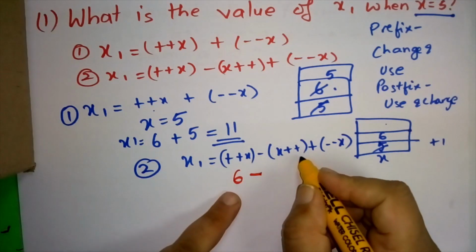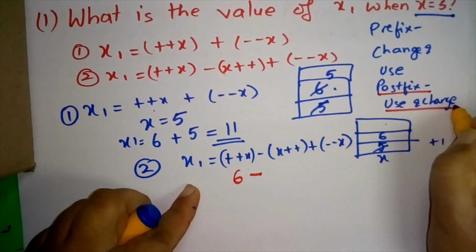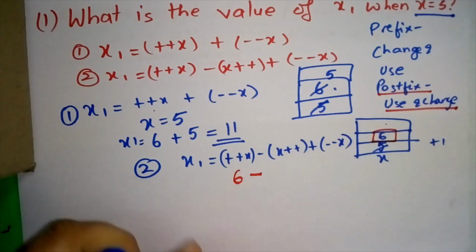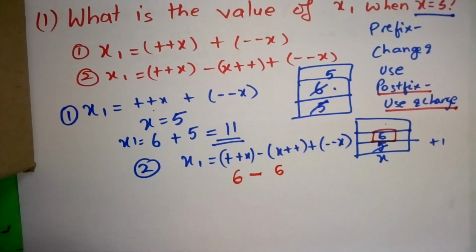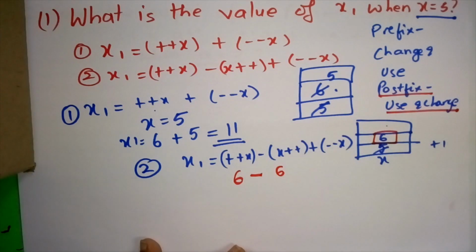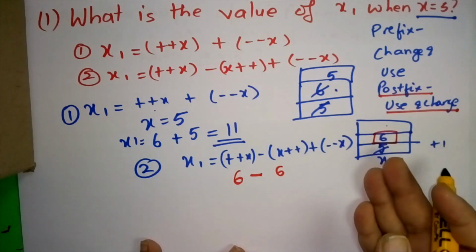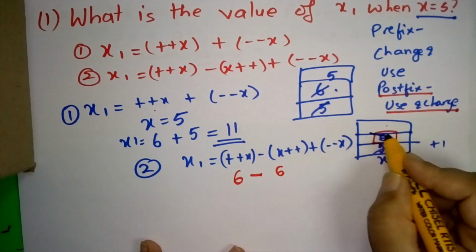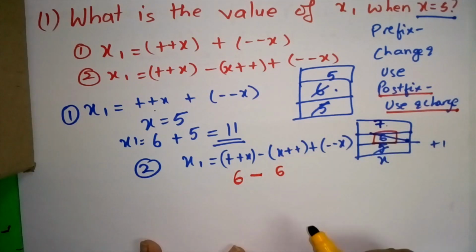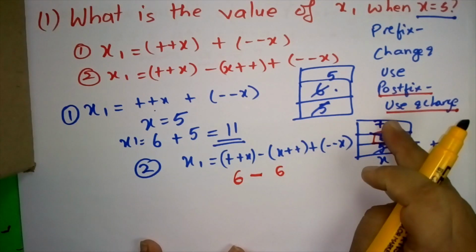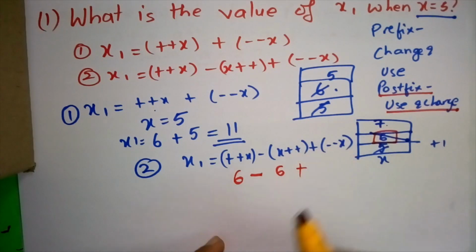Now again it is x plus plus. x plus plus means what? It is postfix, use and change. So what is the value of x that I have got here? 6. So I am supposed to use this value of 6 only here. But I have to change it. You should not forget this, because many students make this mistake. After doing this, they just go to the next expression. You should not do that. This is change now. This is a plus, so I should add a 7 here. So this x has actually become 7. Then I write this plus here, and then minus minus x.